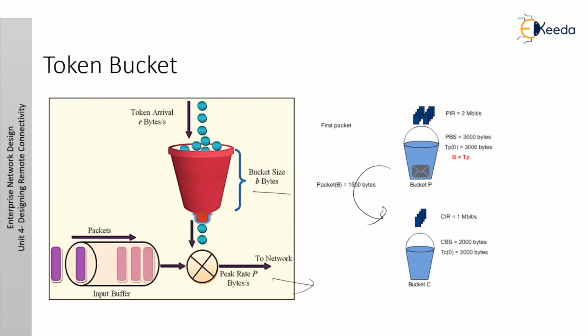Token bucket algorithm. A term you might encounter related to traffic shaping and policing is token bucket. In the token bucket analogy, tokens are put into a bucket at a certain rate. So this is the token arrival rate, R bytes per second. Tokens are put into the bucket at this rate and the bucket itself has a specified capacity. If the bucket fills to its capacity, newly arriving tokens are discarded. Each token is permission for the source to send a certain number of bits into the network.